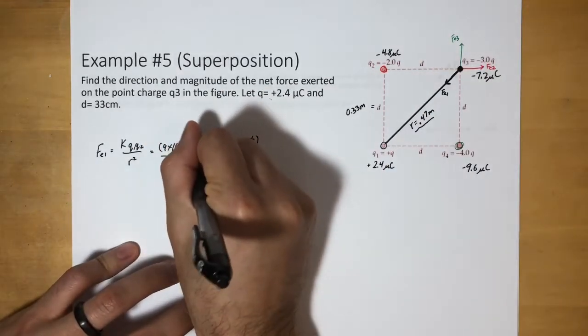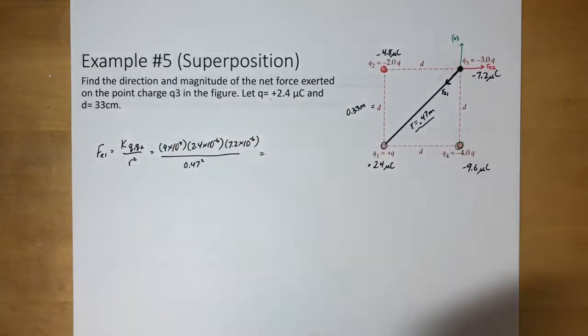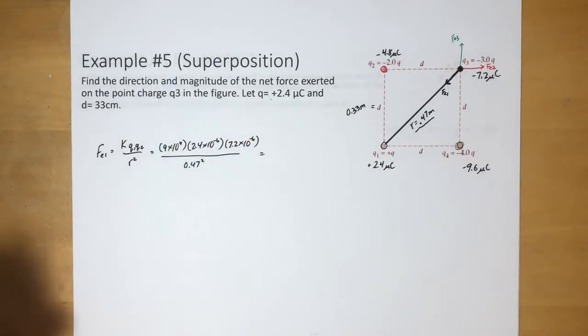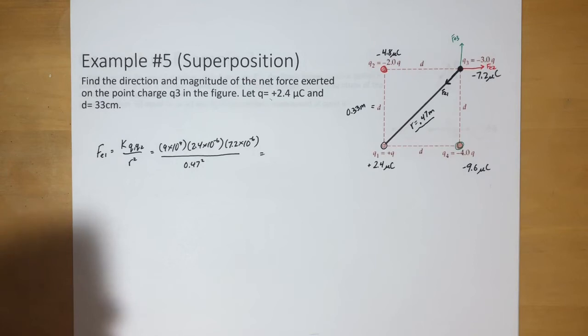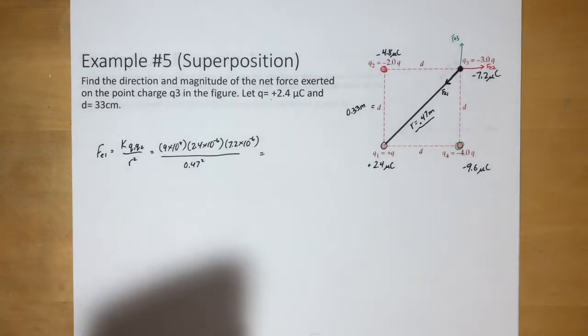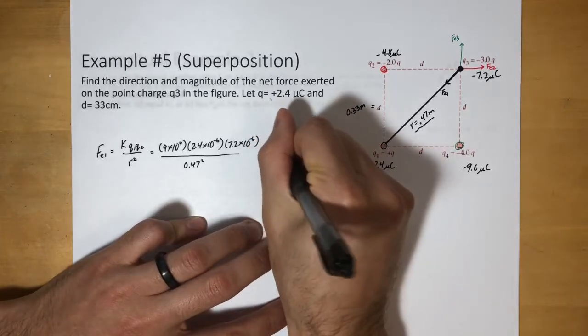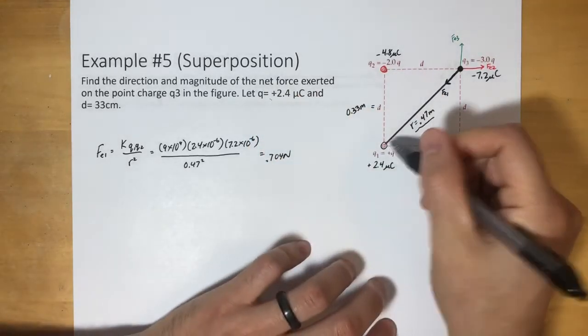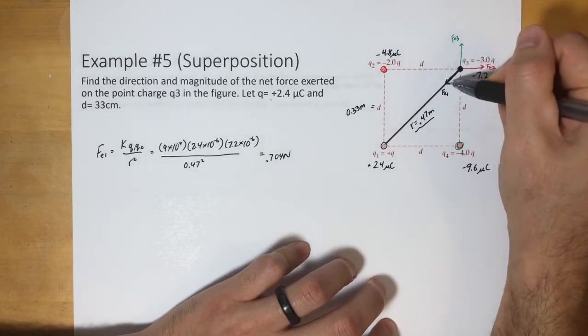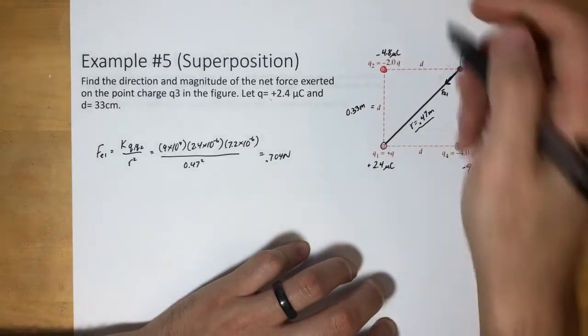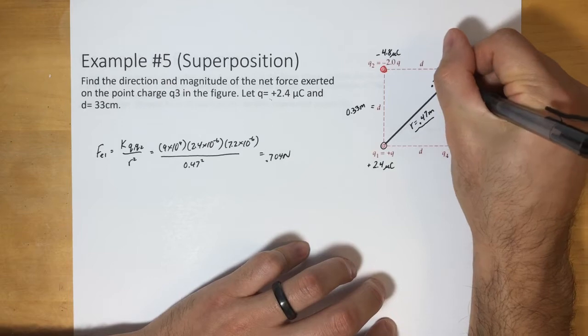It's going to be 0.47 squared, and now we can figure out what this is. 9 times 10 to the power of 9 times 2.4 times 10 to the power of negative 6 times 7.2 times 10 to the power of negative 6 divided by 0.47 squared. Okay, so it's going to be 0.704 newtons. So what we know is this one is going to be attracting this one by 0.704 newtons. So I'm going to put this as 0.704